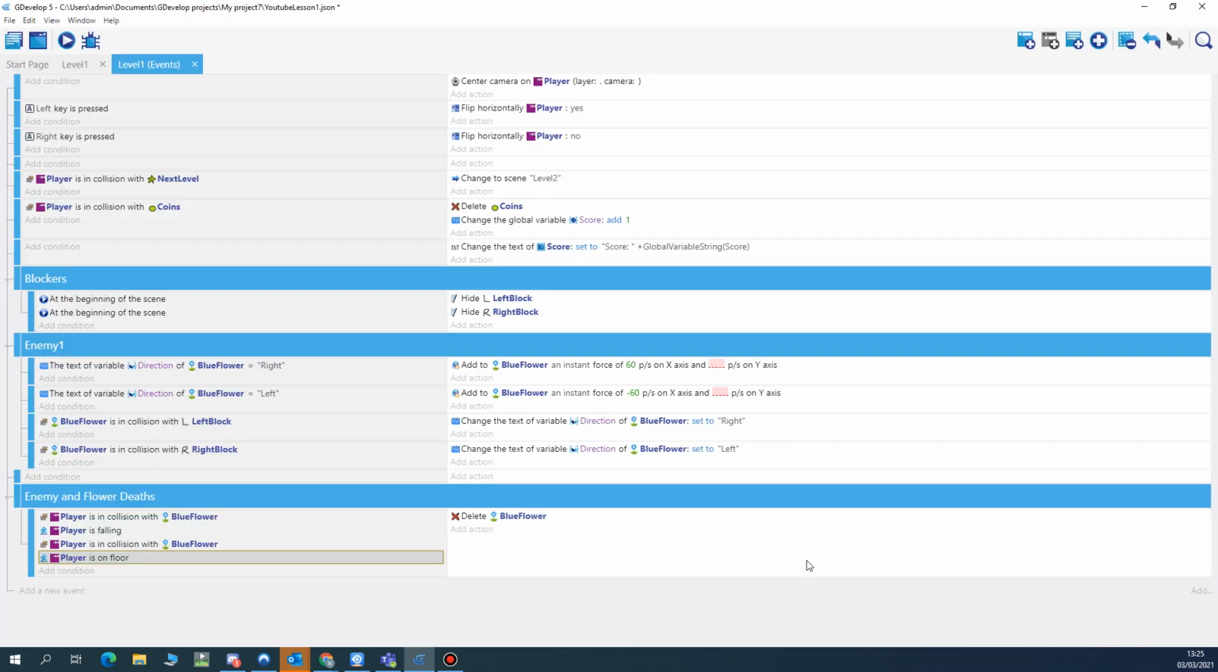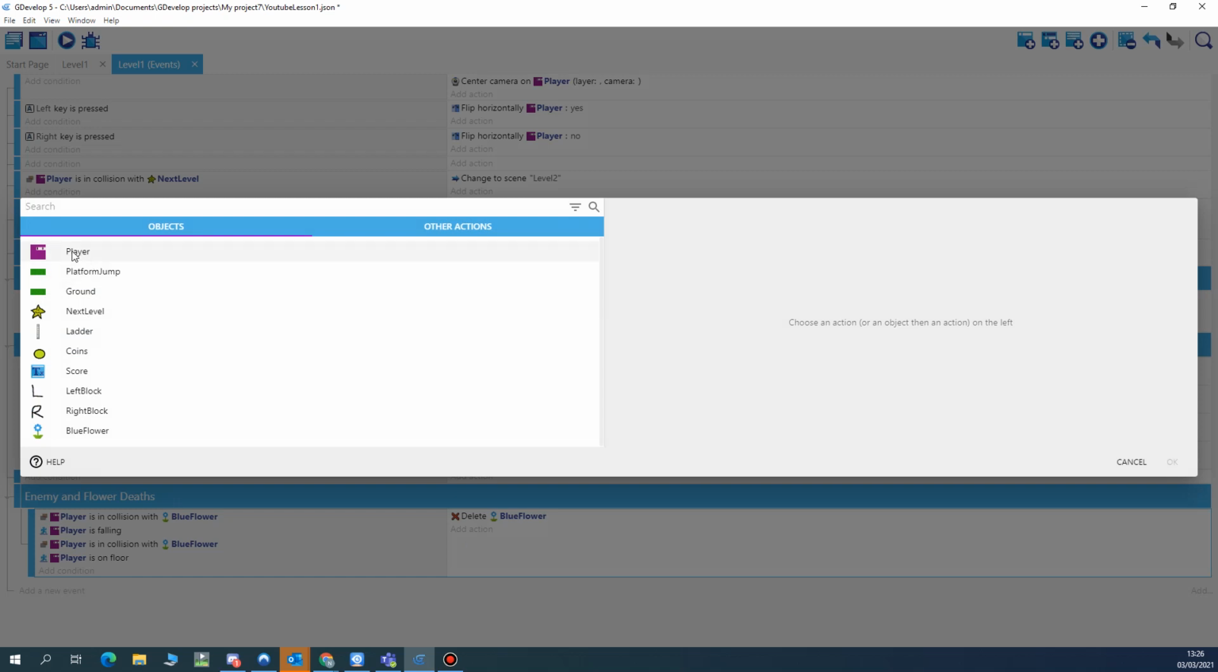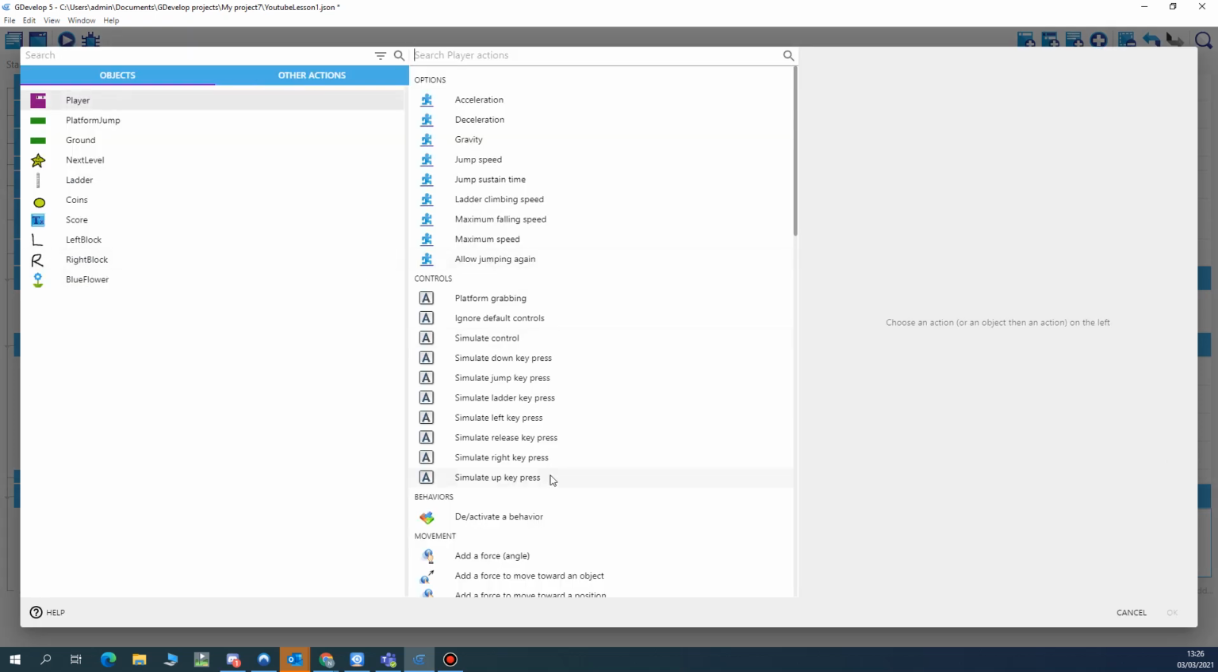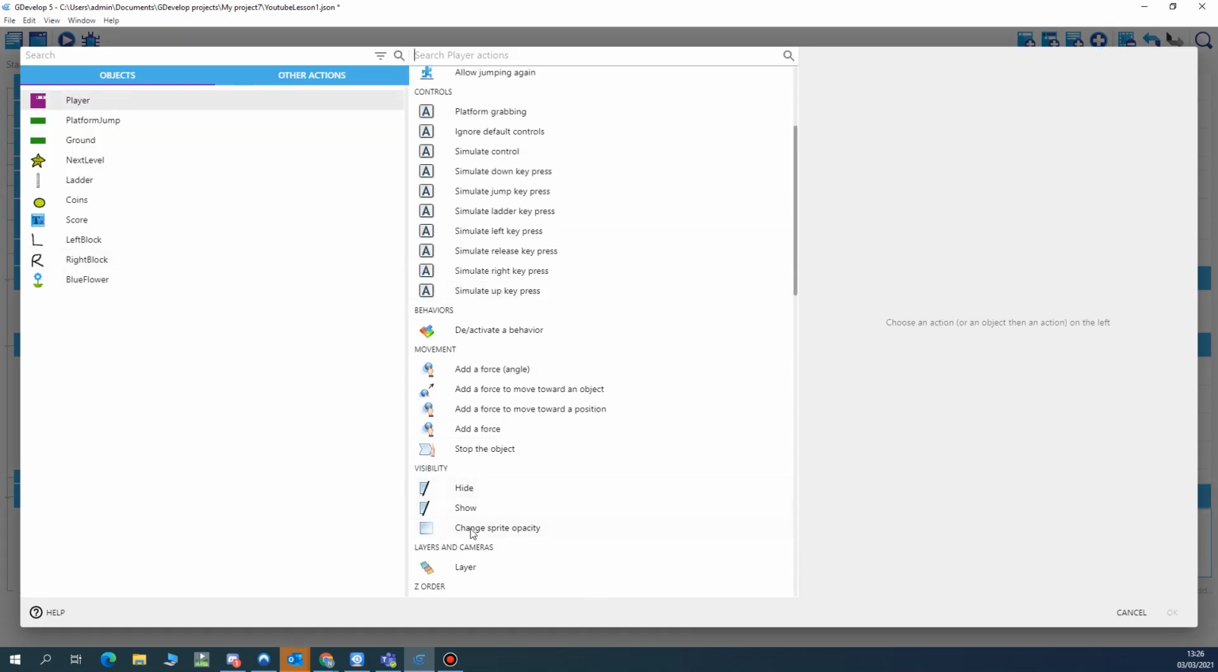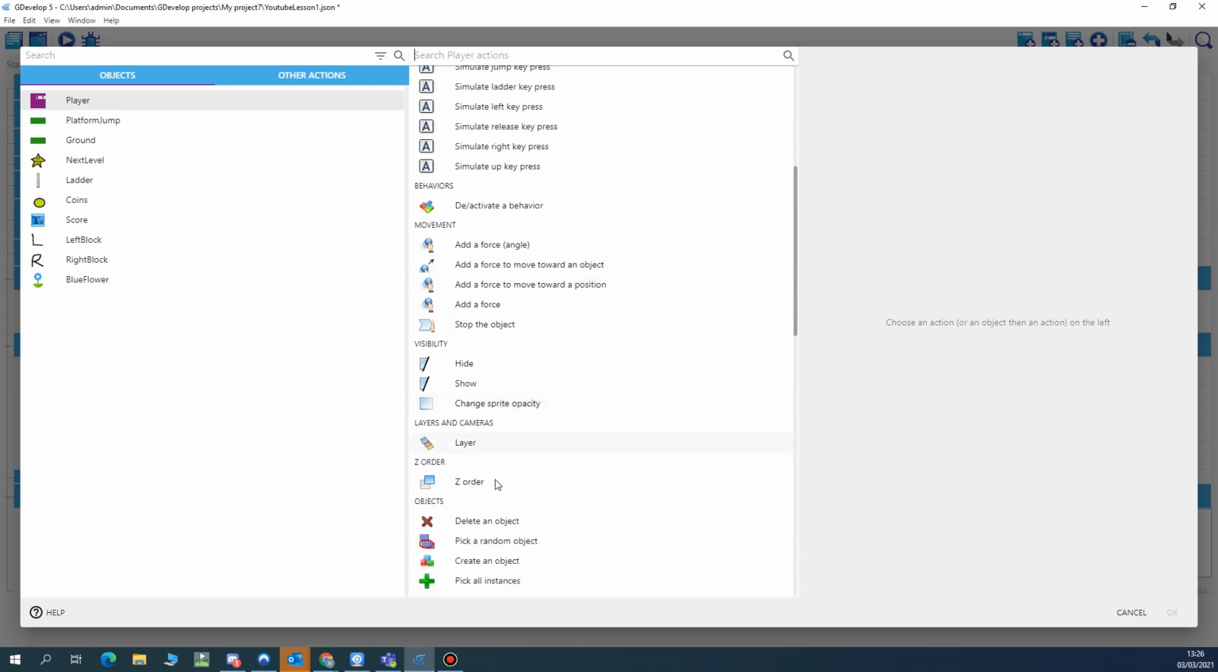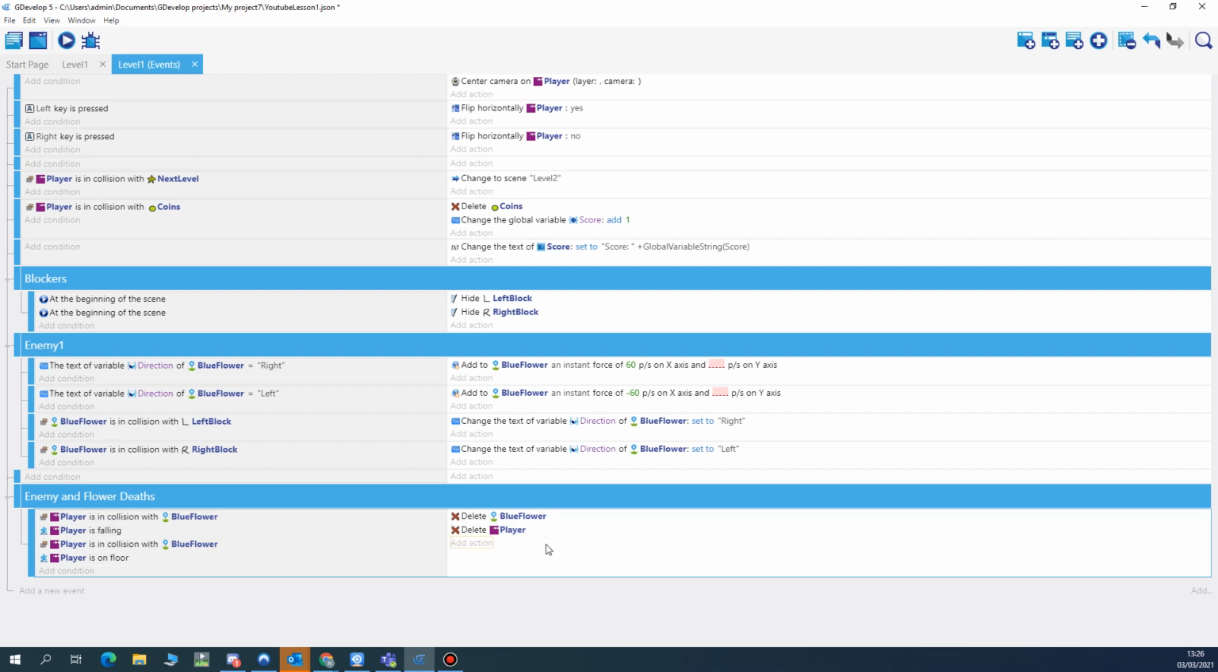but if the player is on the floor, I want to delete the actual, I might as well just add the player, and it'll be player delete. Delete an object. Okay. I need to put these into a new condition actually. So